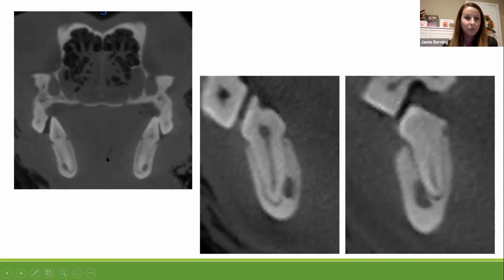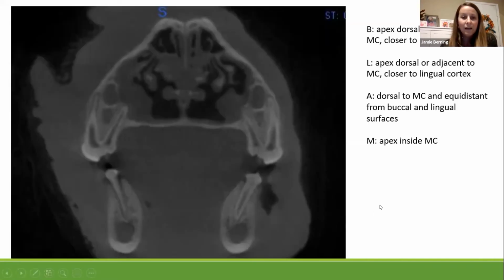So we started to look through these, and this is the kind of image where, every time David and I were going through it, I could not get past how significant this was and that it had not yet been described in the literature. So I set out to try to do such a thing. What we did was also label, instead of just 1, 2, 3, and 4, where we're looking at the relationship